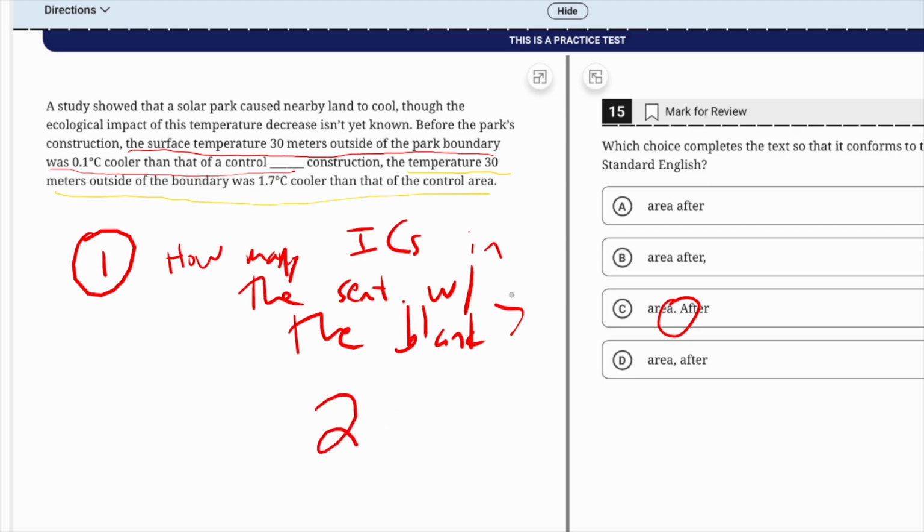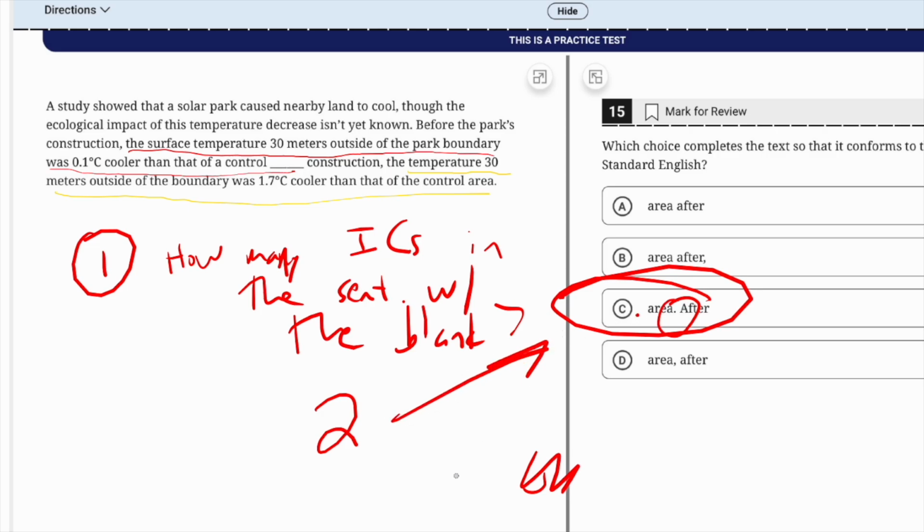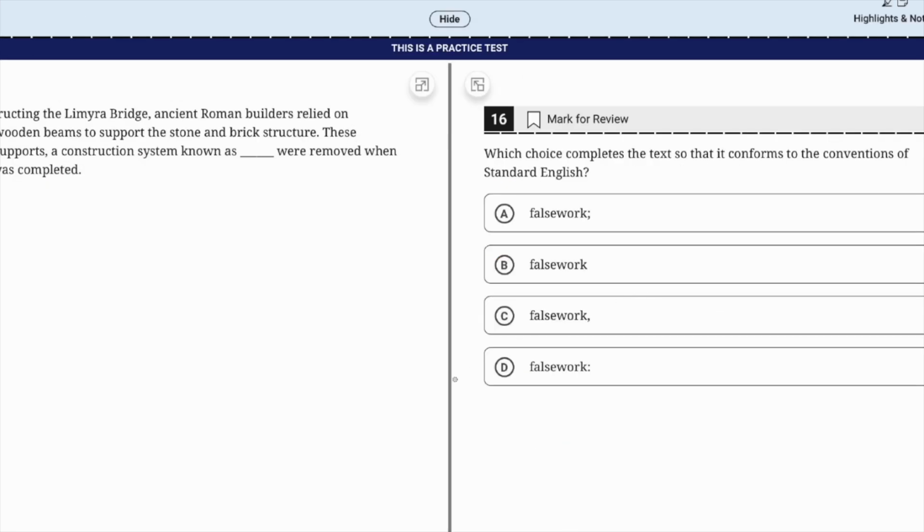And because we have two independent clauses and we don't have any options that give us a comma together with a conjunction, for, and, nor, but, or, yet, so, a coordinating conjunction, I should say, the answer is going to have to be C. That's the only way we can join two independent clauses in this case without creating a run-on sentence. And so C is our answer.